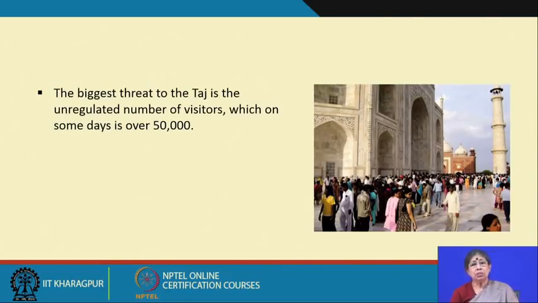Now, when we are talking about Taj Mahal, the biggest threat is not only the atmospheric pollution, for which certain mitigation measures have already been taken, but another threat is the unregulated number of visitors. Every day almost 50,000 visitors visit Taj Mahal. It is a very popular site, and definitely we can't stop the visitors from coming, but recently there was a High Court ruling that only 30% per day of the visitors can. So, it is controlling the number of visitors, which is visitor management, which again is a very important